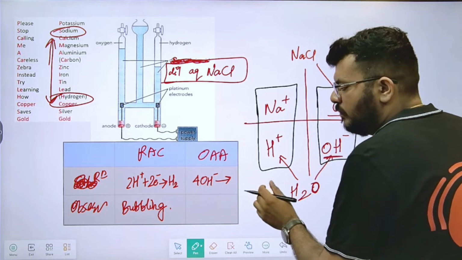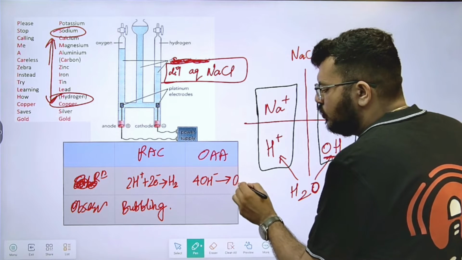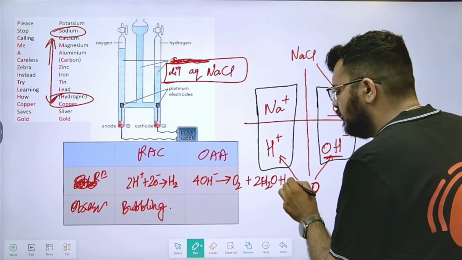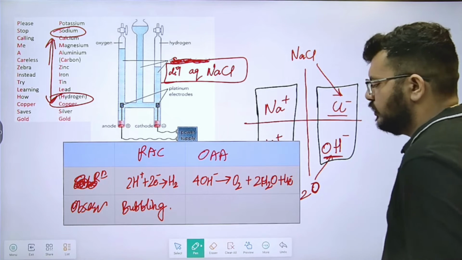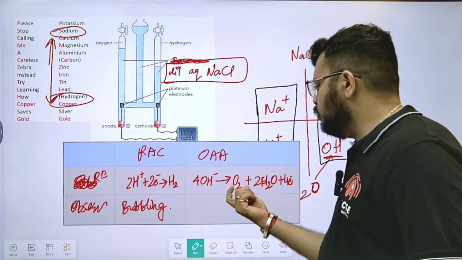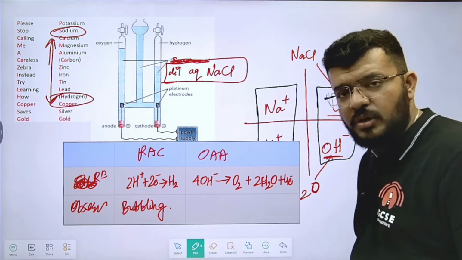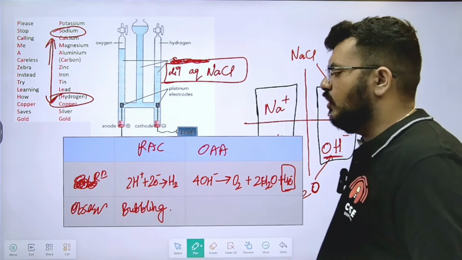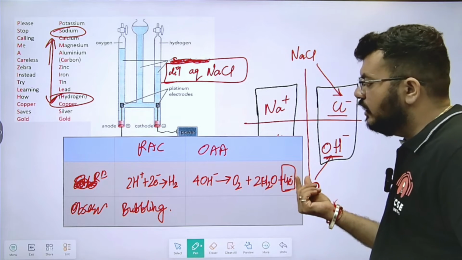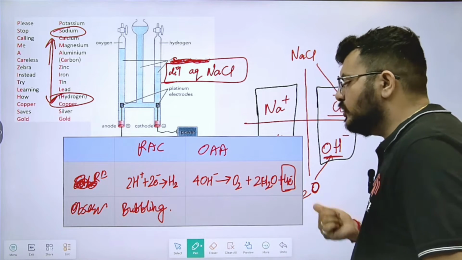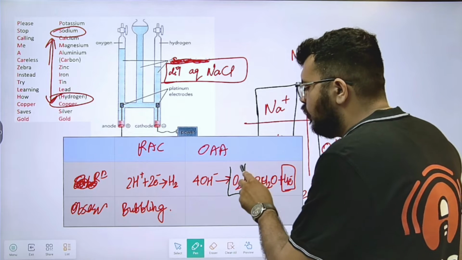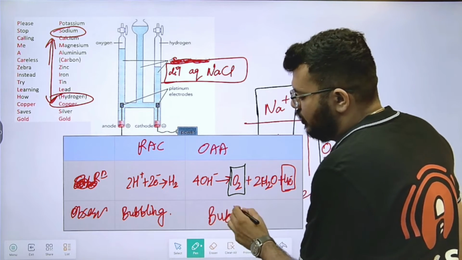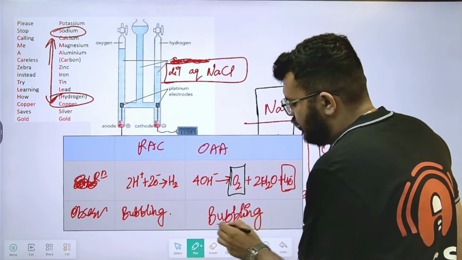So 4OH minus, it splits into O2 plus 2H2O plus 4 electrons. It splits into O2 plus 2H2O plus 4 electrons. What is happening? Oxidation is loss of electrons, and here it lost 4 electrons. The whole equation is balanced, but importantly oxygen is produced. So what you will observe? You will still observe bubbling on this particular